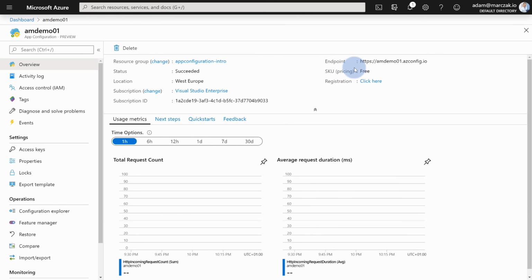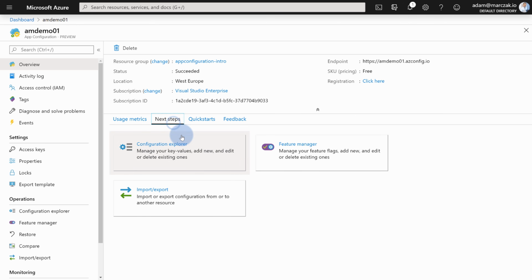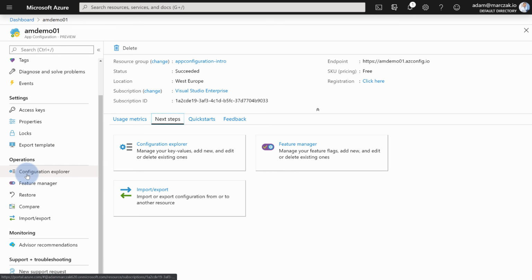The most important information is the endpoint. That's why we had to pick a unique name, because this is a URL, amdemo01.azconfig.io. The SKU is currently free, and those are pretty much the only relevant information on the screen. You can also use the next steps here to guide you through whatever is possible, and those are the three most important options. You can also find them on the left hand side on the blades: Configuration Explorer, Feature Manager,